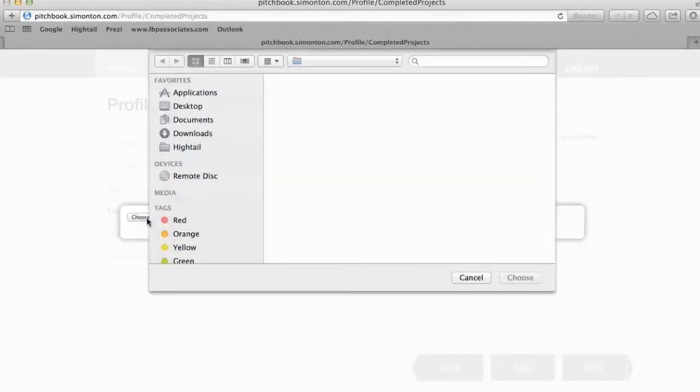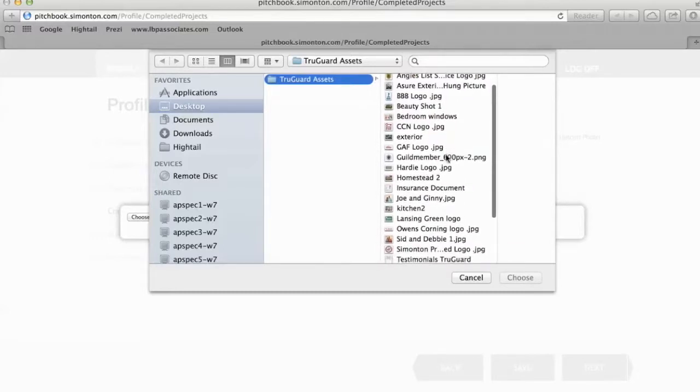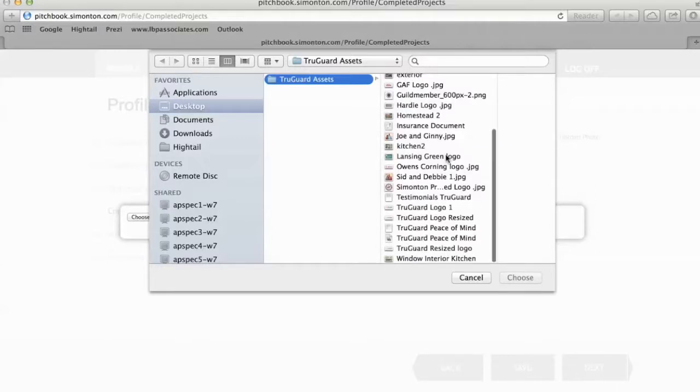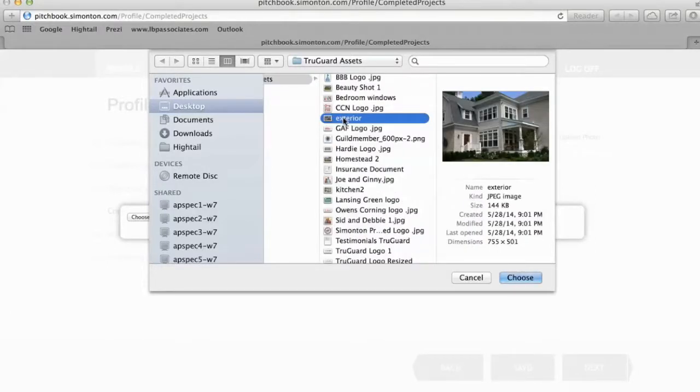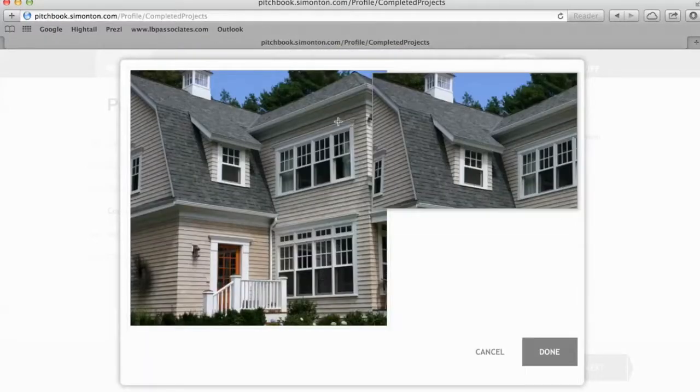We're going to hit Choose File. Again, we're going to go back into our organized and ready file and find some beauty shots that we can throw in here. Let's upload this exterior photo. Select that, double click,